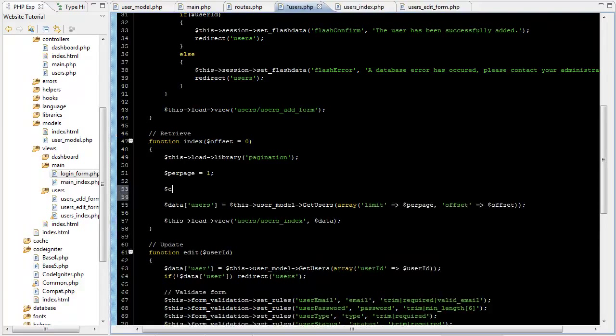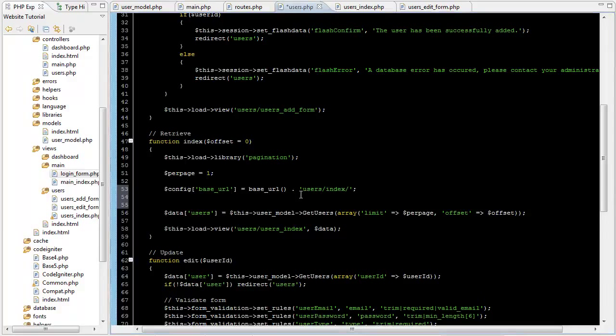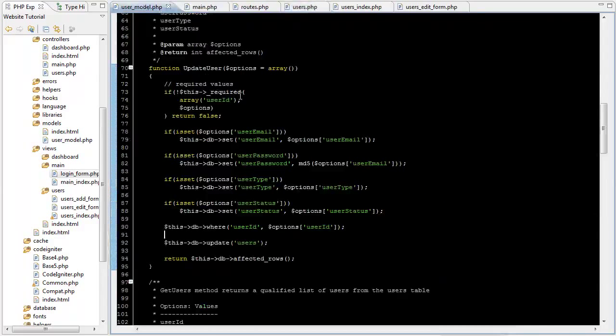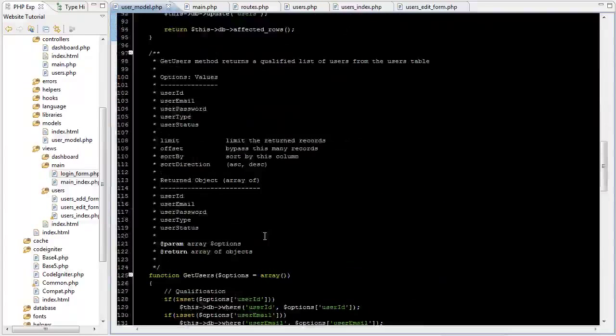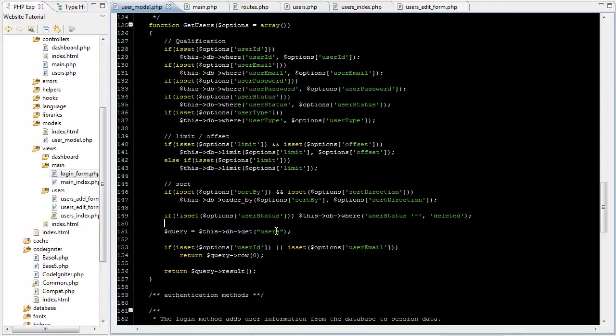So then we need to configure the pagination class. Base URL will be equal to base URL users/index, and then we end that with a slash. Then we need a count of all of the rows, so it knows how many pages. We're going to use that get user statement, but we're not going to have these parameters. Instead, we're going to create a new one. Count is true. Now, we don't want to pull back every record every time we do this pagination. It's just not necessary. So instead, we'll do